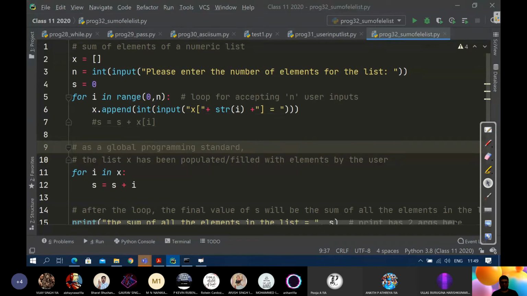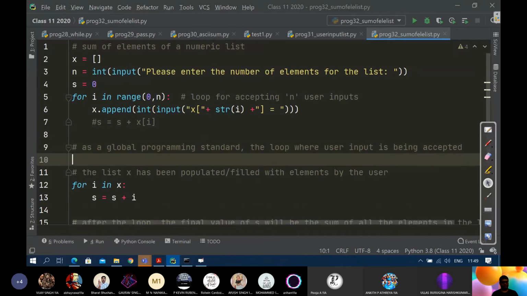the loop where user input is being accepted in the list, processing is not done.